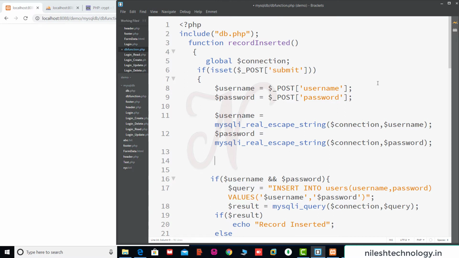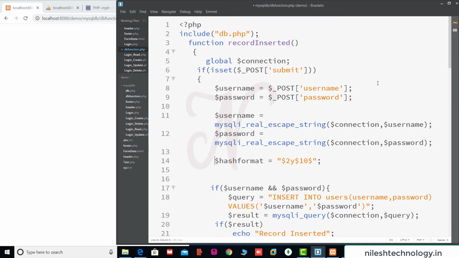Before applying the crypt function, first we declare some variables. Hash format is equal to, for example, $2y$10$, again with a dollar. There is one more string here, for example salt.